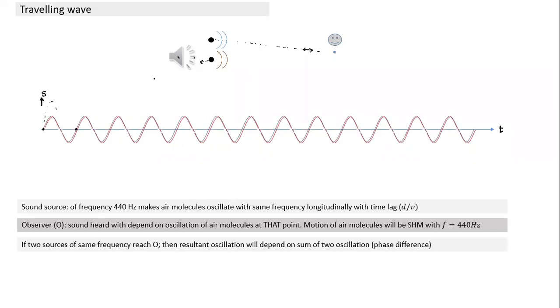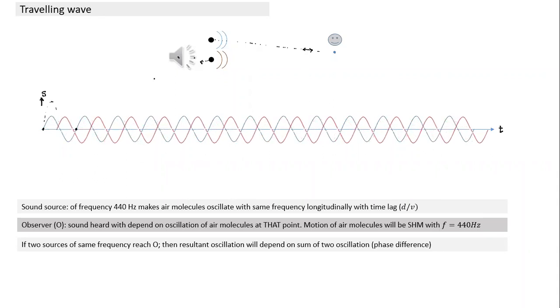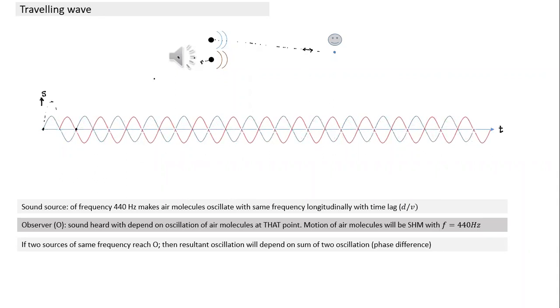If we plot two waves, they will look like this. And if we move the source away by a distance equal to lambda by 2, this is how the two waves will look. This is the oscillation due to the first source, and the red one is the oscillation due to the second source. What does this kind of oscillation indicate? The first one is a constructive interference, and the second one is a destructive interference. So if two sources of the same frequency reach O, the resultant oscillation will depend on the sum of the two oscillations,